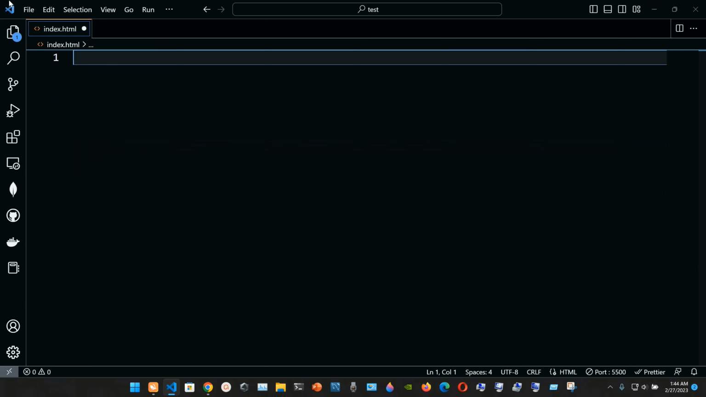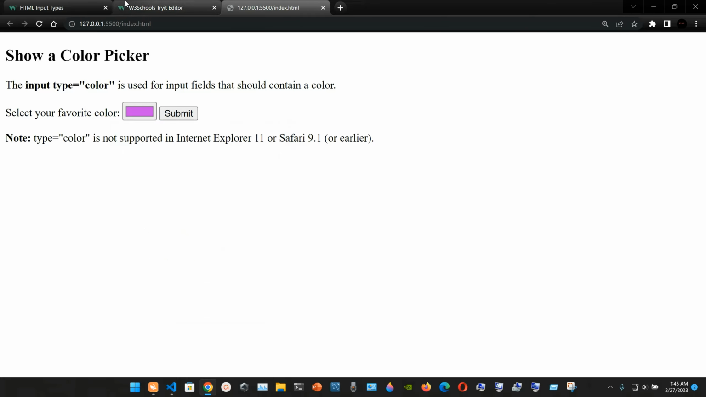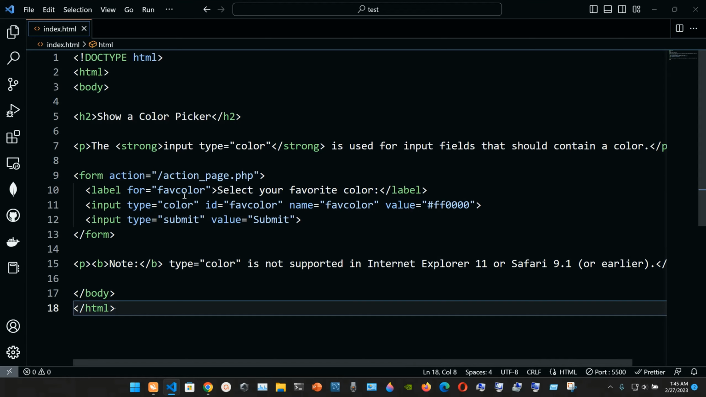So we can mouse over here this rectangle, click it, and you can pick whatever color you like. You can go here, you can play around with these colors. You have your RGB, you can change it to hexadecimal if you want, so you can play around with this stuff, and that is very cool. So again you have your H2, you have your paragraph, you have your form element, you have your label element, your for attribute,